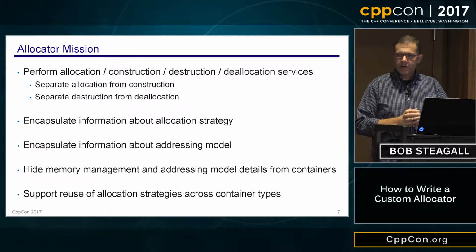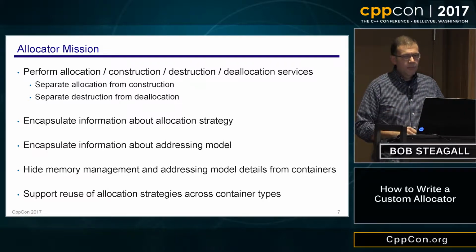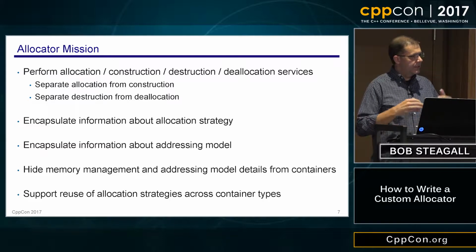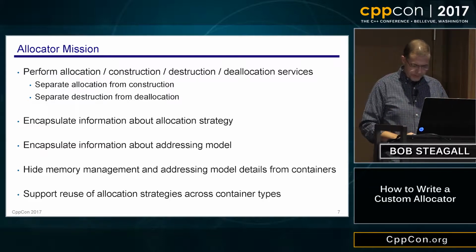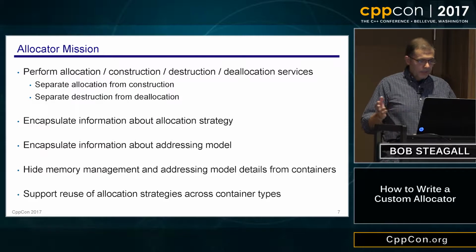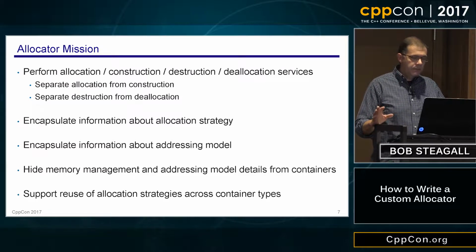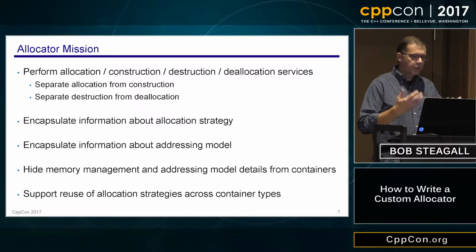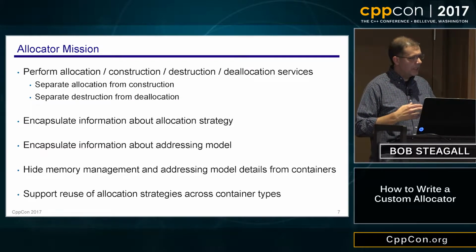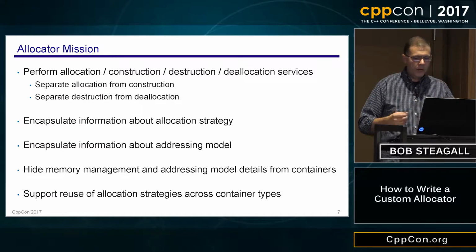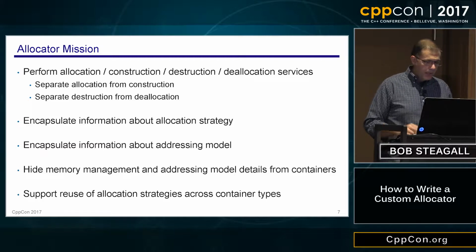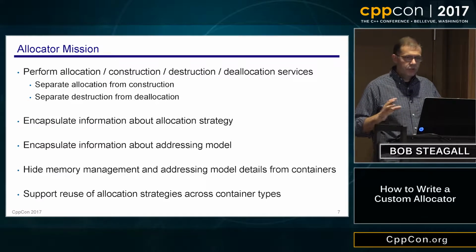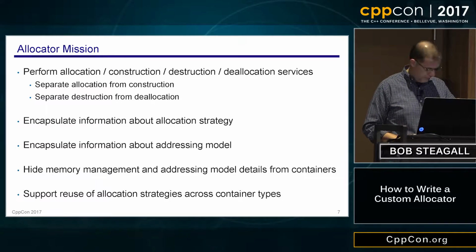As it turns out, in modern C++, you can have addressing models besides that which is provided by native pointers. And of course, it goes without saying that they hide memory management and address model details from the containers. The containers don't need to know about these things. They just have a very simple interface that they use to get the memory that they need to construct objects, destroy objects, and give the memory back. And if we're lucky, a well-written allocator will support reuse, and you can use it across container types if that's